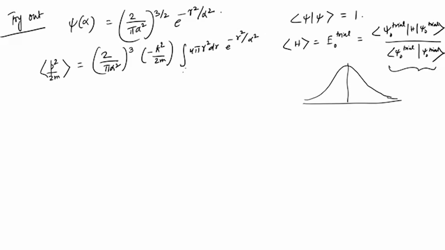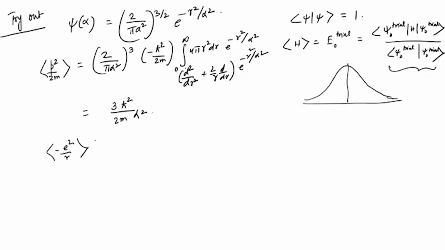So, then you have this d2 dr2 plus 2 by r ddr, and then you have this e to the power minus r square by alpha square from 0 to infinity. If you calculate that, you get 3 ħ² by 2 m alpha square. Okay. So, that is your p square over 2m expectation,